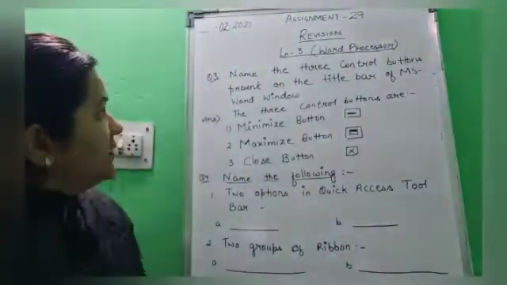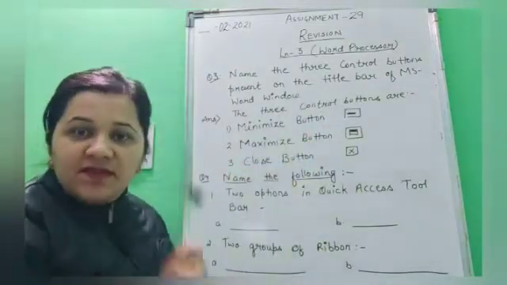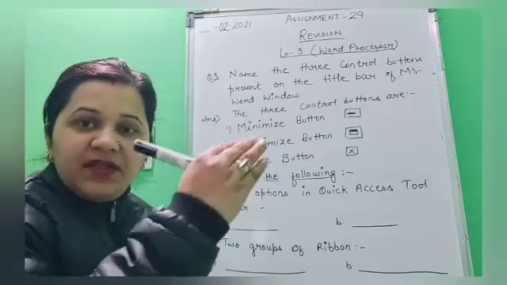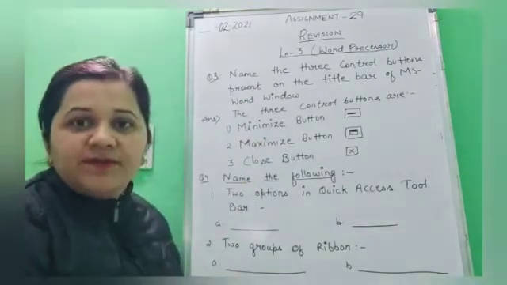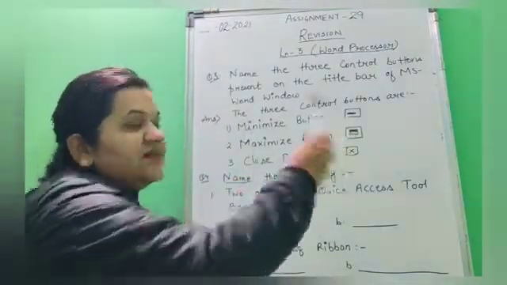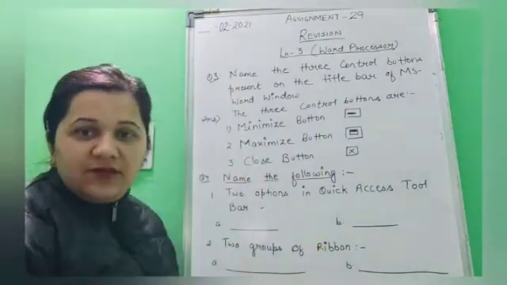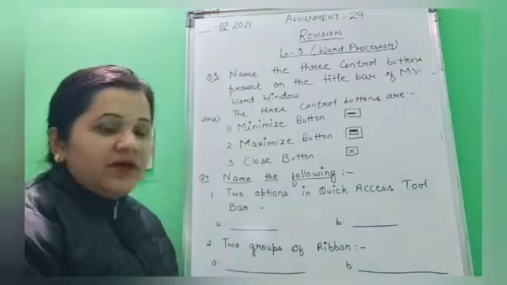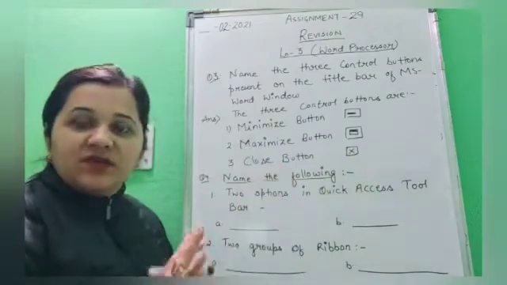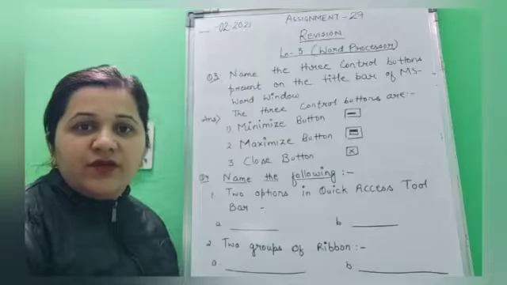So the first of the three control buttons is the minimize button. When we click on this minimize button, what does it do? It decreases the size of the window. It brings the window to the taskbar, and we can see the desktop. Next, the maximize button. When we click on this button, what does it do? It brings the screen back to full screen again. Next is the close button. What does it do? It closes the window on the screen. When you are done with your document, when you are done with your work, what do you do?